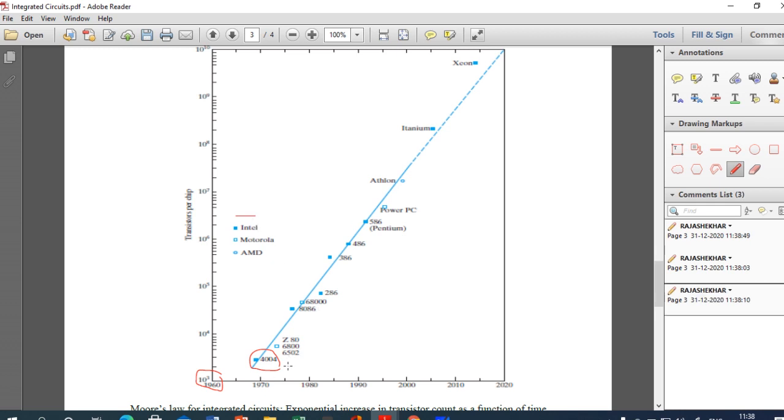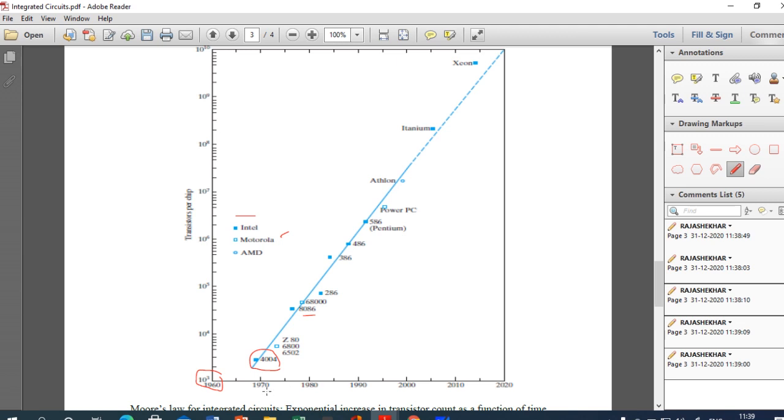Later on, it was built by another company, with the Z80, 68000, 6502 by the company called Motorola. So like this, different companies started manufacturing, and they were upgraded from 4004 to 8086. This is a microprocessor with 16-bit input data and a 20-bit address bus. This is the next microprocessor which has more transistors. This one has fewer transistors.